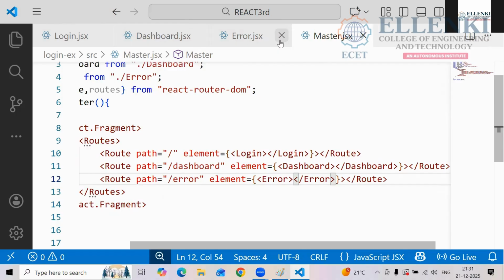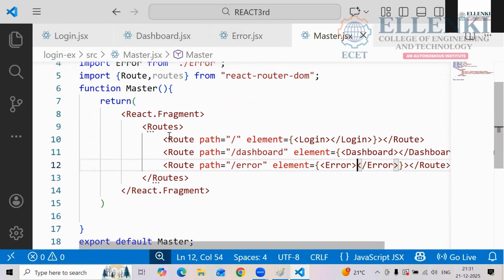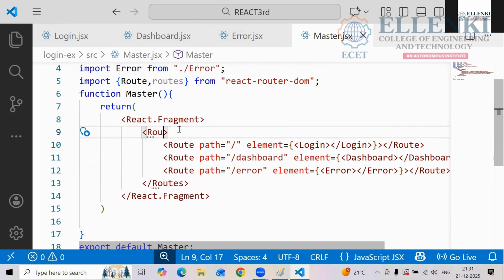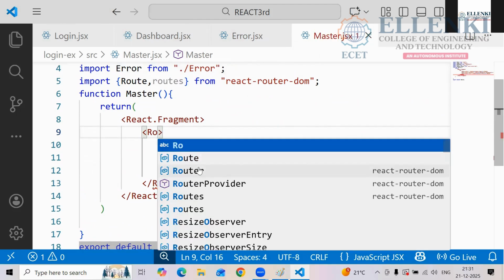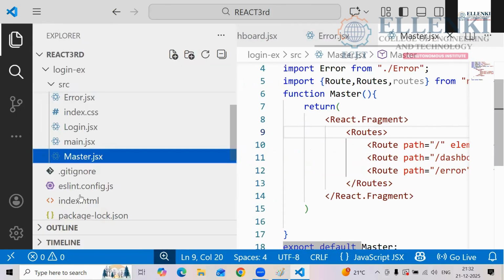Okay. Then we will move to the next one. Yes or no? So here, why do we get these routes like this? So all these things, where do we have to deploy? main.jsx.